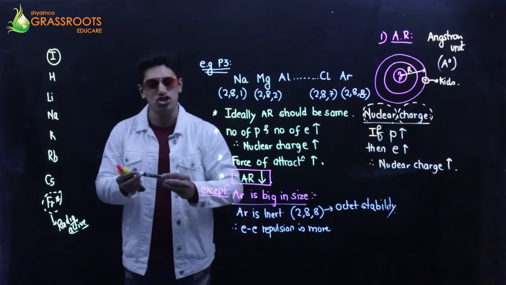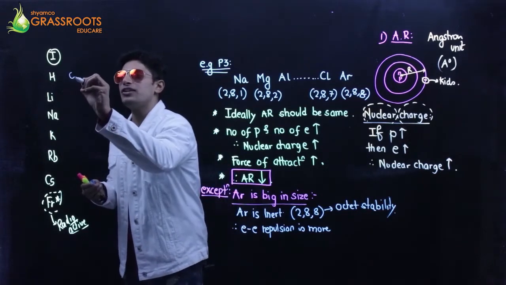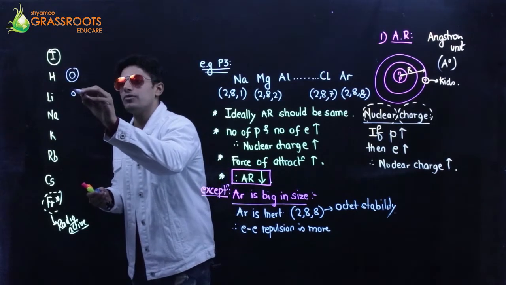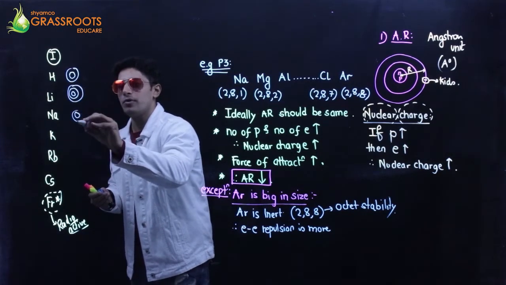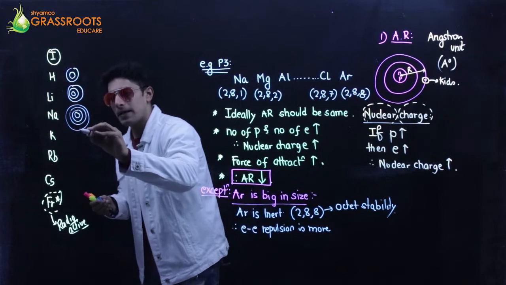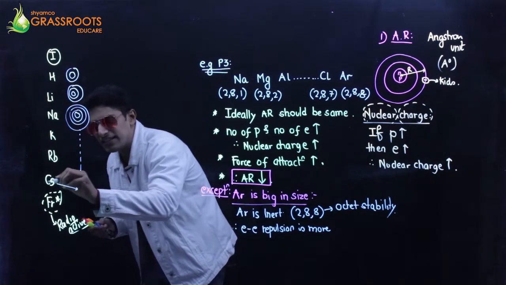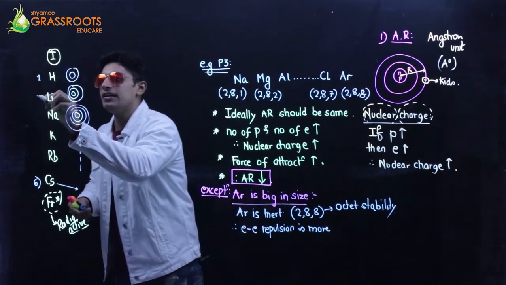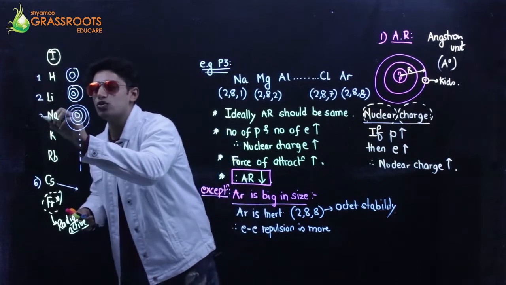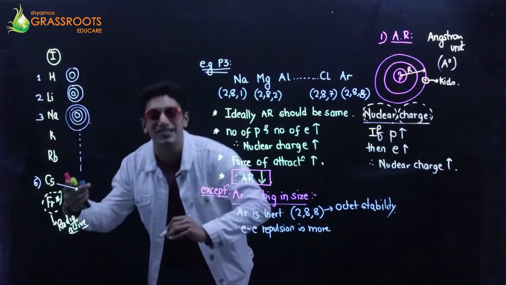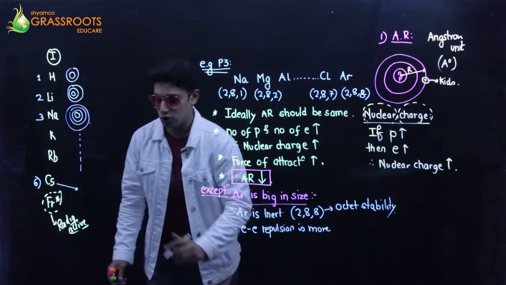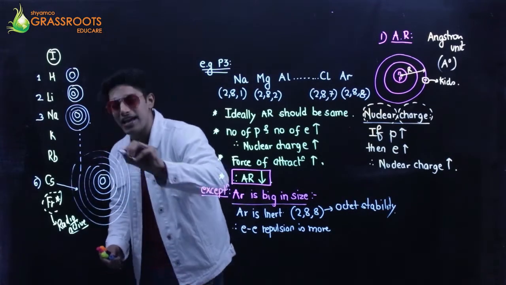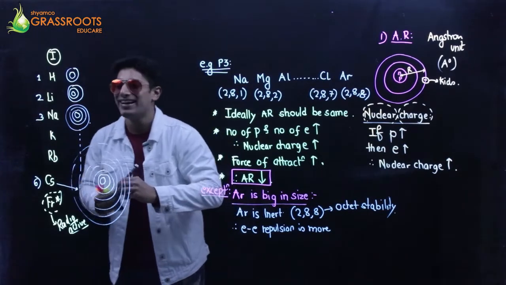Okay, down the group, what happens? Check. This is more beautiful. Hydrogen has 1 shell, one orbit. Lithium has 2 orbits. Sodium, 1, 2, 3. Cesium is in the 6th period. Hydrogen is in the 1st period, so it has 1 shell. Lithium in the 2nd period has 2 shells. Sodium in the 3rd period has 3 shells. Cesium is in the 6th period, so it will have 6 shells. 1, 2, 3, 4, 5, 6 shells. Look at this.